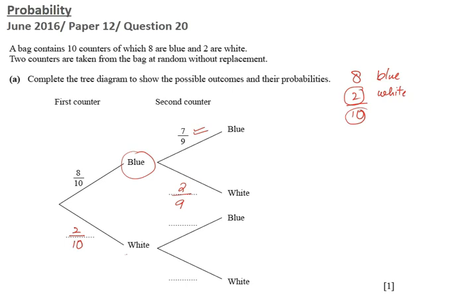Now if the first ball is white and now we are picking the second ball. So up till now we have not taken any blue ball. So how many blue balls we have? 8. And in the denominator we will reduce 1 because we have taken this white ball from the bag. Now if the first ball is white and again we are picking a white counter, in this case when we have same colors, we will reduce both numerator and denominator. So it will be 1 upon 9. Okay. So we have completed the tree diagram.